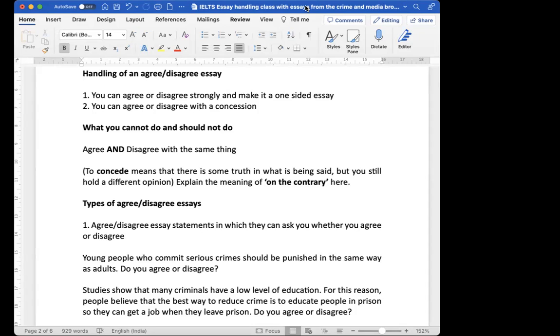So supposing I say Naughty is a very bad dog, do you agree or disagree? If you want to totally agree, you will say, I strongly agree that Naughty is a bad dog, and write all negatives of Naughty. If you say, while Naughty has 1 or 2 good qualities, on the whole, he is a very bad dog, then you are agreeing with the concession. Now you will write 1 or 2 good qualities in the first para by starting with admittedly. And then in the second para you say, however, Naughty is very bad in many ways. Got it? This is concession.